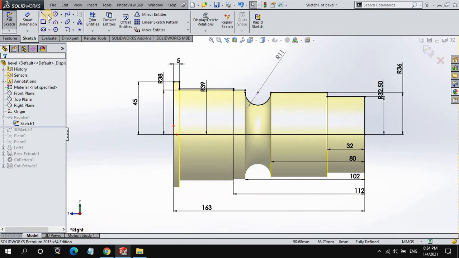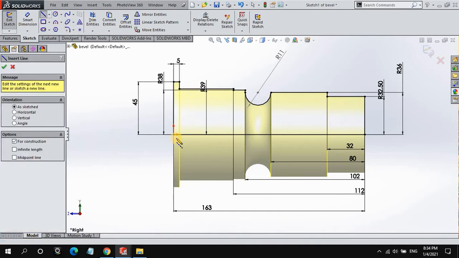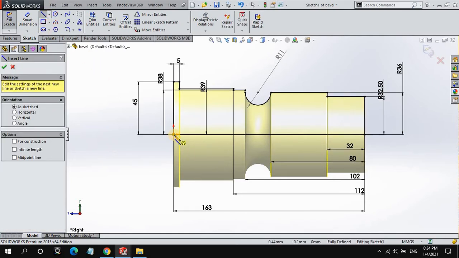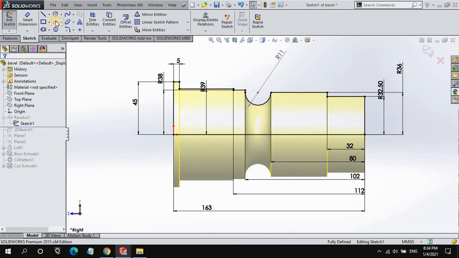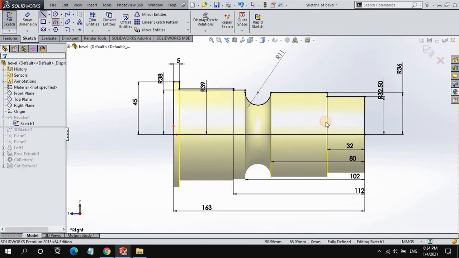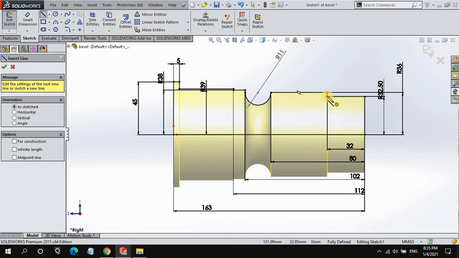First you have to take the center line from here to here. Then draw the line from the midpoint here. Then select the line, starting from here to here, then here, here, here, and stop. Then go to the arc, and click to start from here. Okay, done. Then start a line from here to here, then here, here, here, and then complete.